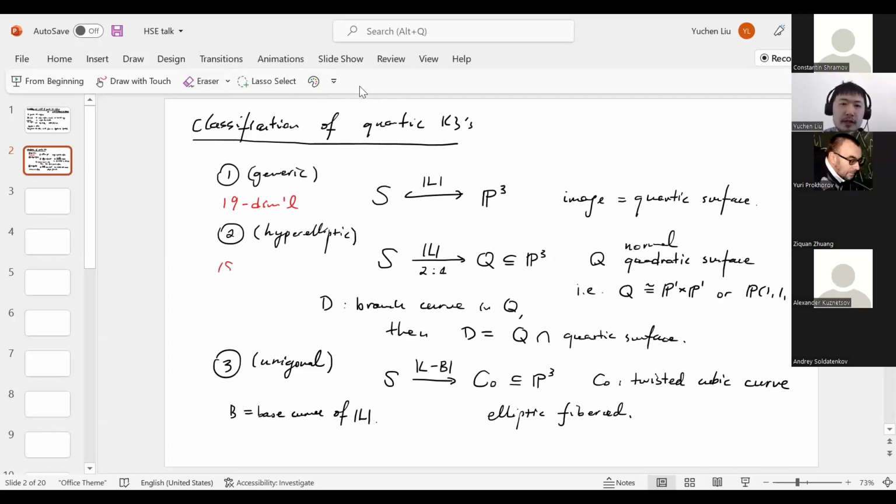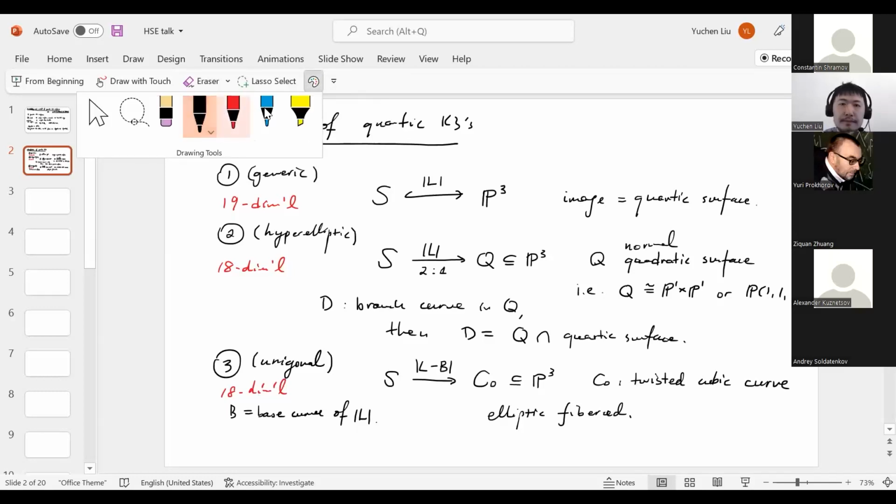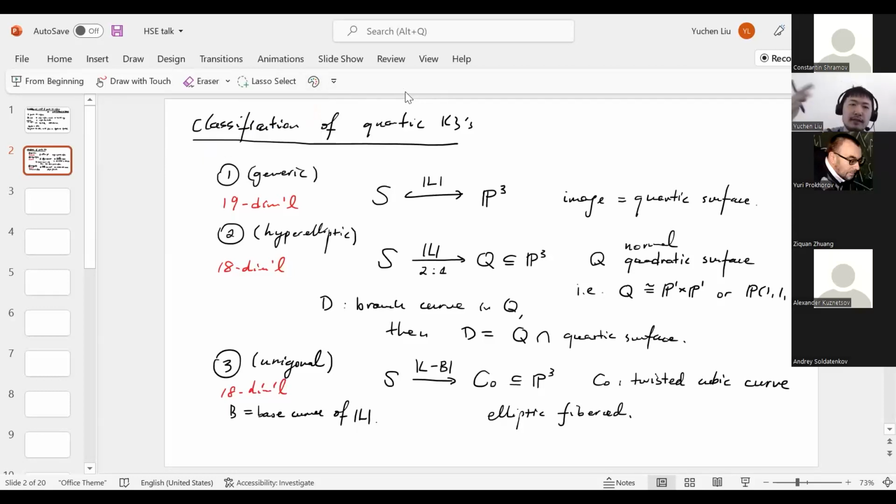And then this hyperelliptic and unigonal, they will all be 18-dimensional. So somehow you can view them as divisors in these moduli spaces. And these types of divisors don't occur directly in the moduli of quartic surfaces embedded in P3, because you can see that they sort of get